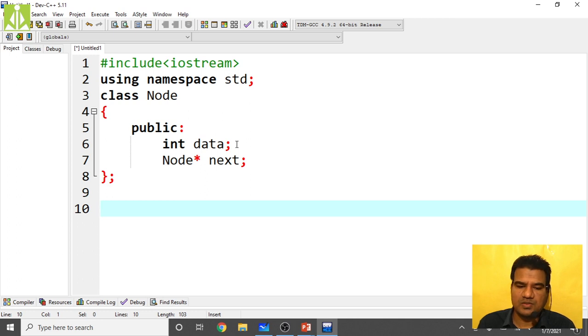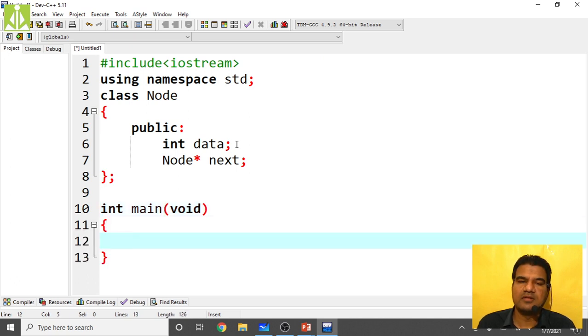So now after this, what I have to do, inside my main, int main void, I will create three nodes. Okay, I will create three nodes and I will form a circular linked list, even though we will not get any output for that one. So till the point we implement the traversal function, we will not get any output. Okay, so how do we do it? I'm creating my first node.